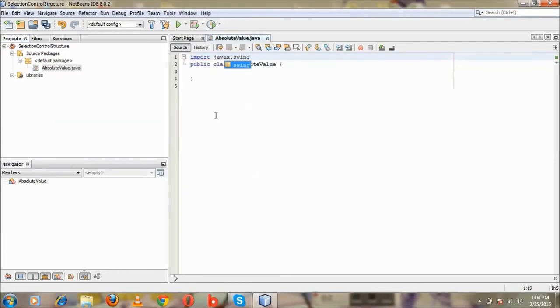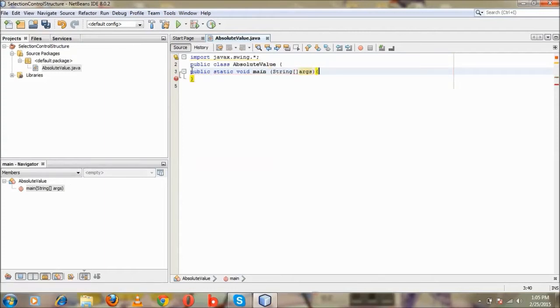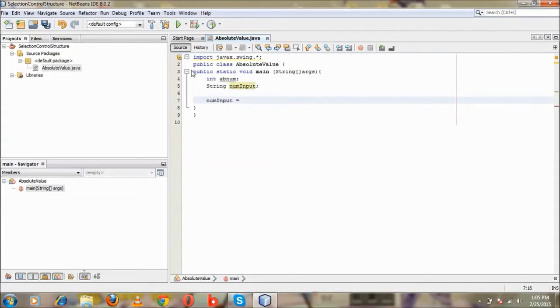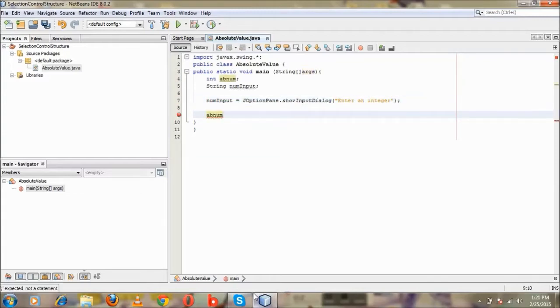Import javax.swing.*; public class AbsoluteValue {, public static void main(String[] args) {, int abnum; String numinput; numinput = JOptionPane.showInputDialog("Enter an integer"); abnum = Integer.parseInt(numinput);